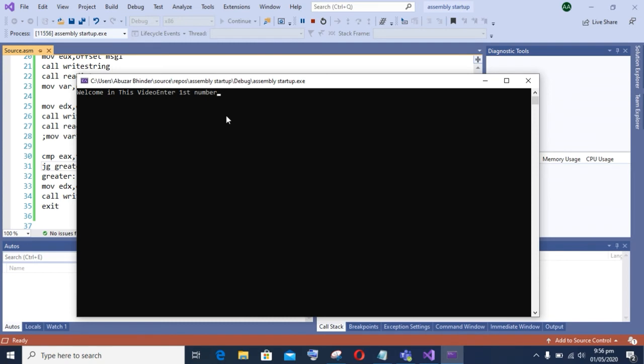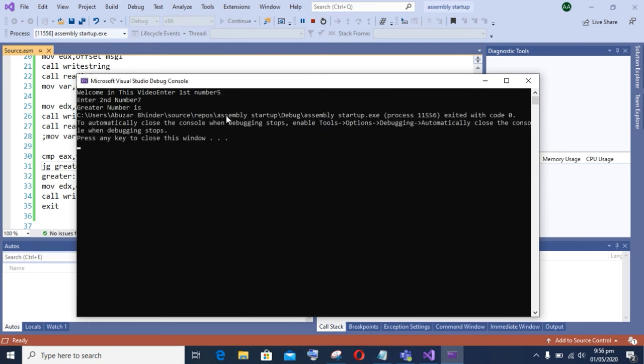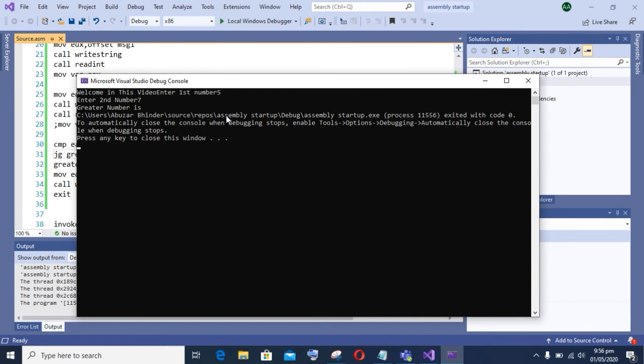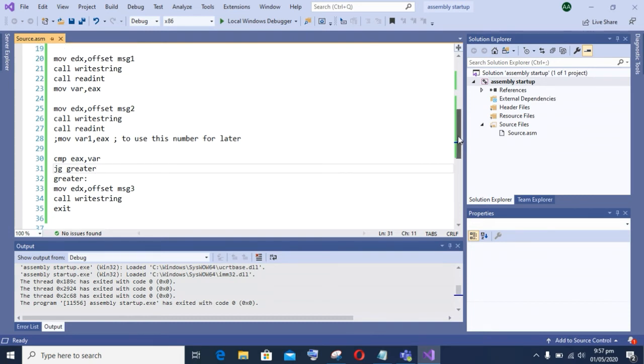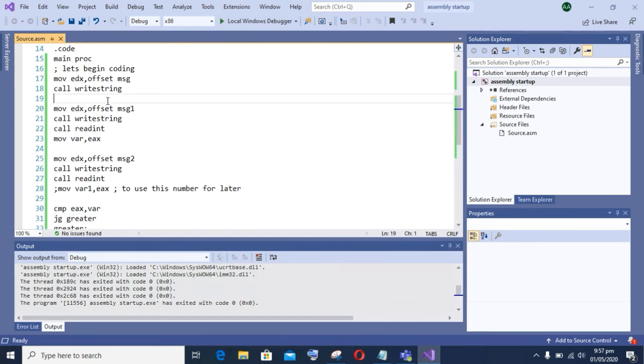Here you can see both messages are displayed together, and now I am entering the first number and then the second number. As you can see, the greater number message is working. That means the greater tag is working in our program. Now let's separate the first message and the second message. So here I will use call crlf to separate them, and now build it again.